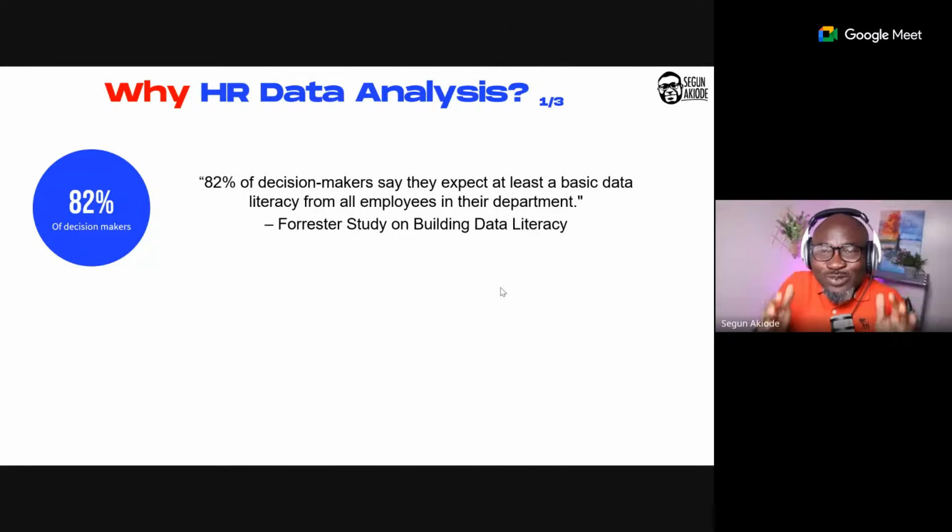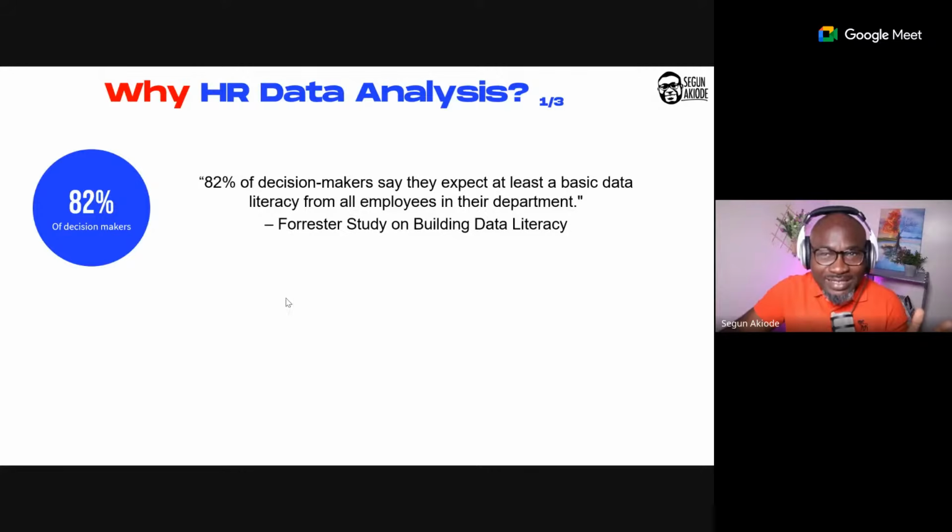Data is the new oil. So business leaders are asking, when I look at my employees, I want a minimum of 82% of my employees to have basic knowledge of data literacy. When all of them were asked, about 2,000 of them, with 6,000 employees, they came to a conclusion: we want all our employees to have a basic level of data literacy, not negotiable. They need to know. But strangely,